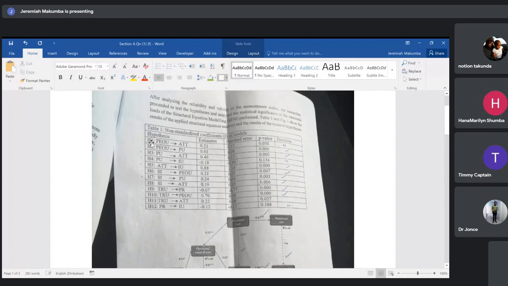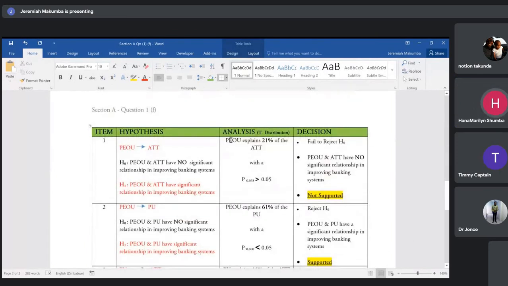So we'll start with the first row. On our first row, we have discovered that the PEOU, which is the perceived ease of use, explains 21% of the attitude variable with a probability of 0.058, which is